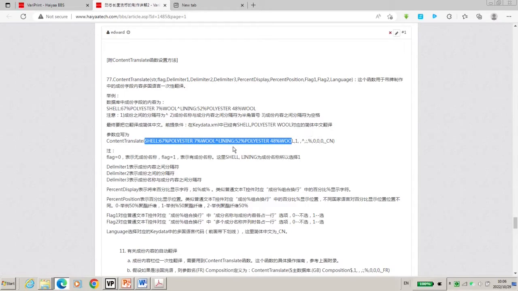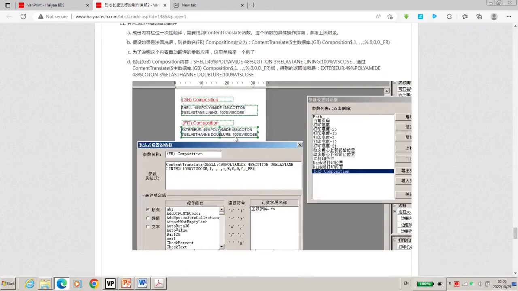We want to translate into the CN, just using the CN. For this job, for example, the JB is this content. We make a parameter FR, how to write the composition, and write the full content. Actually, it's a variable field name for GB, or CN, or JP. So we will translate automatically to different language composition. So why I tell you, you don't need to prepare another language in the database. Just the one English description is enough.